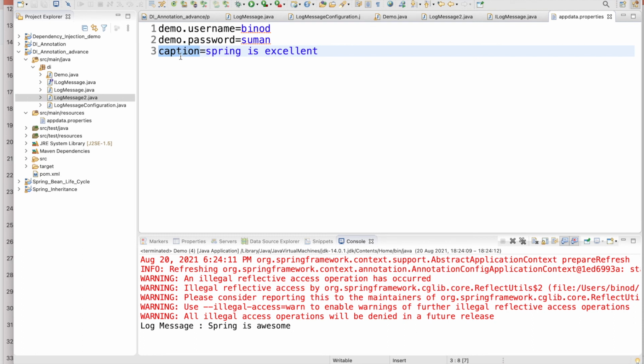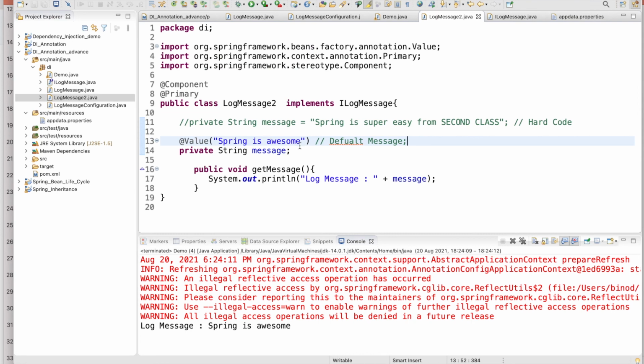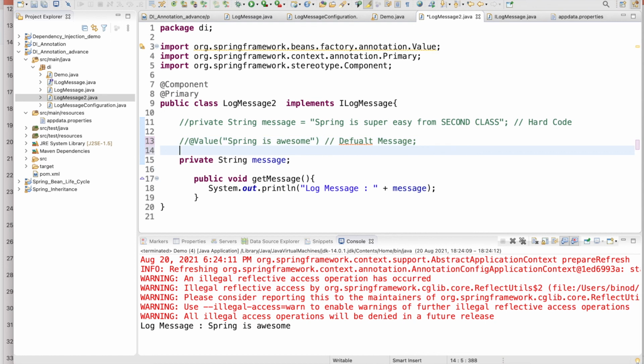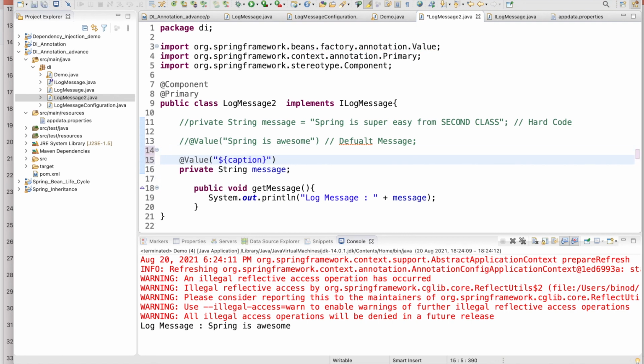And this value's key name is caption, right? So you go in the log message to, right? And don't give this hard code default. Instead of that, what you can do is pass this as a caption. That's it. So you have to pass it as a caption, right?